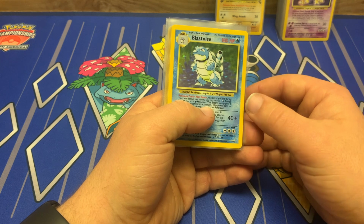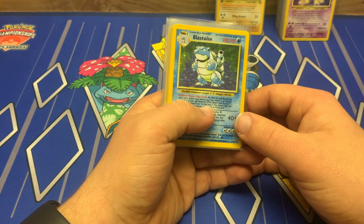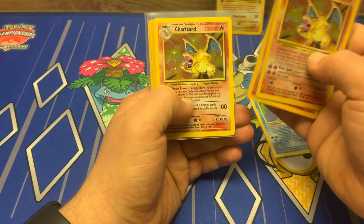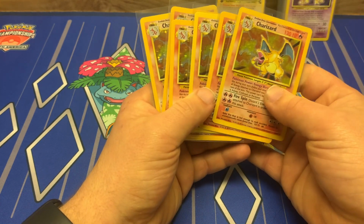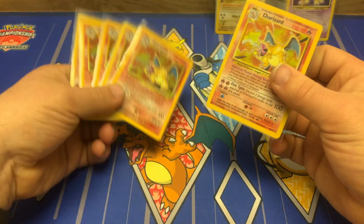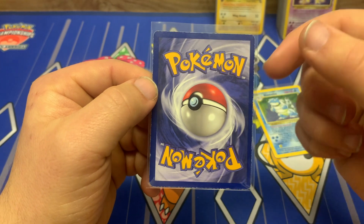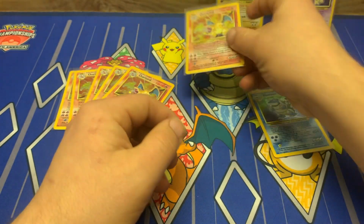I think it's called the one that takes 10 business days, or is advertised as 10 business days. So, unlimited base set Blastoise, and then not 1, not 2, not 3, not 4, not 5, but 6 unlimited base set Charizards. One of these Charizards, I think it's this first one right here, is actually in pretty rough shape. Yeah, this was probably one of the worst cards within this whole collection. This one's definitely in pretty rough shape right there, but it's still a base set Charizard, so I'm still going